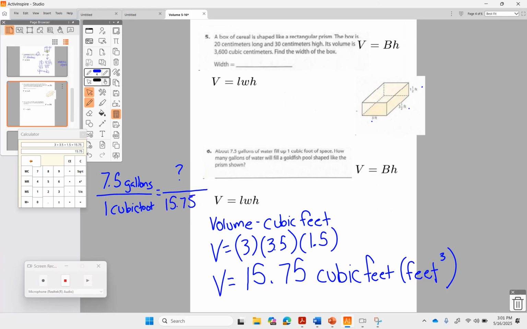So again, we're using ratios to think about that. So to get from 1 to 15.75, I'm going to multiply by 15.75. And I'm going to say, okay, 7.5 times 15.75 is going to equal,